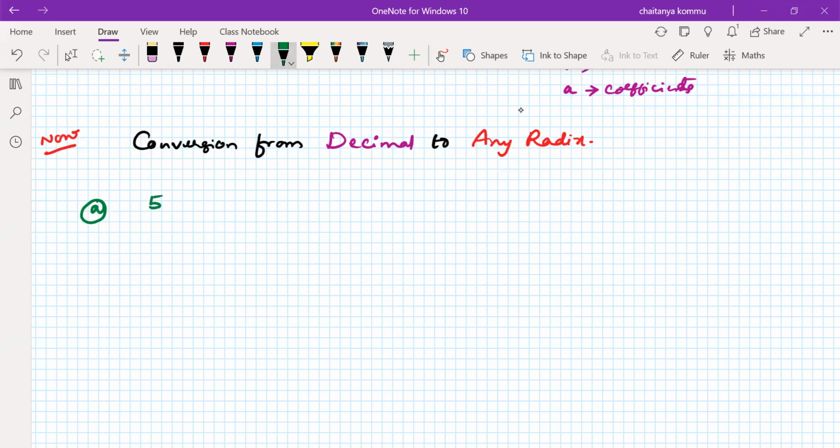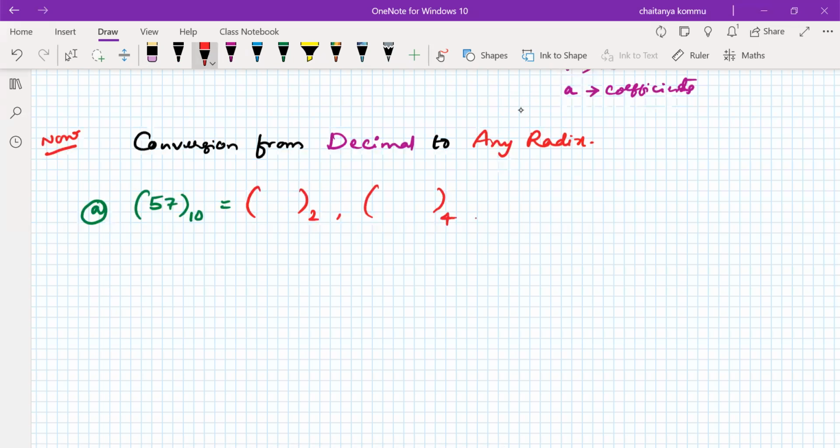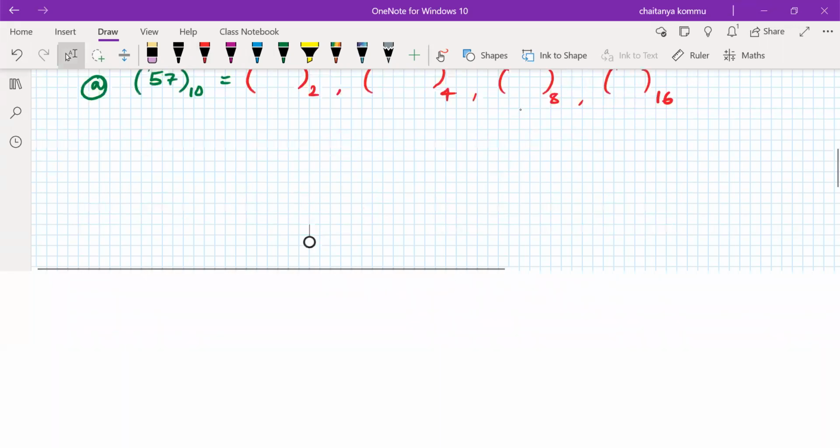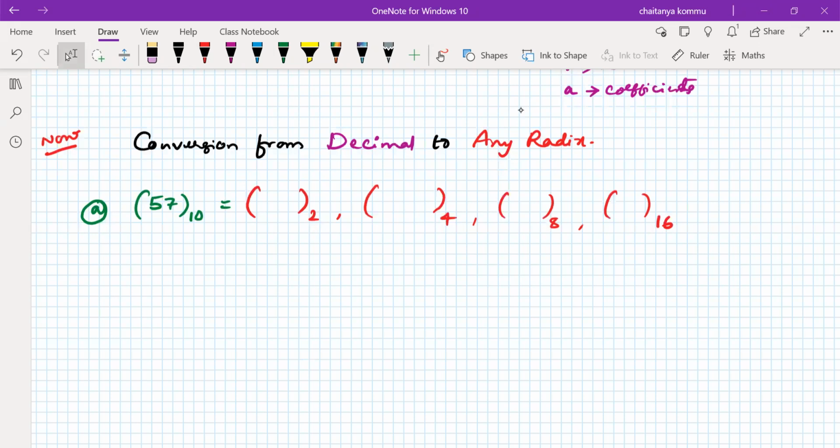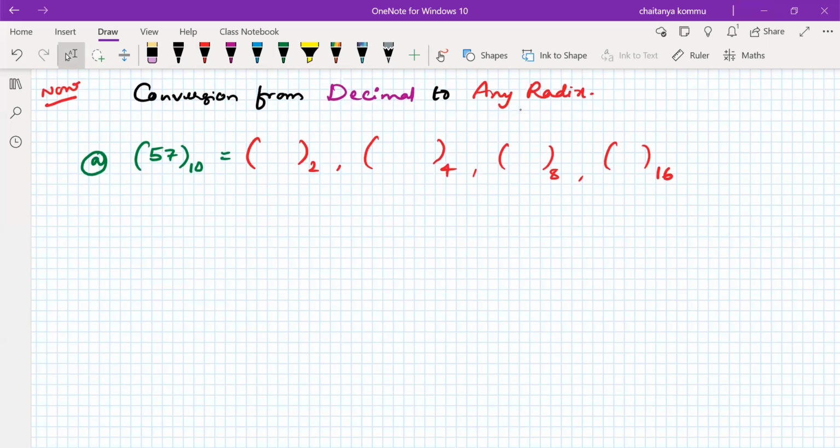For example, 57 is the number in base 10. I want to convert it into radix 2, radix 4, radix 8, radix 16. Something like this, I want to convert it into different radix, or different base system. So radix and base are one and the same. Now what I have to do here is that